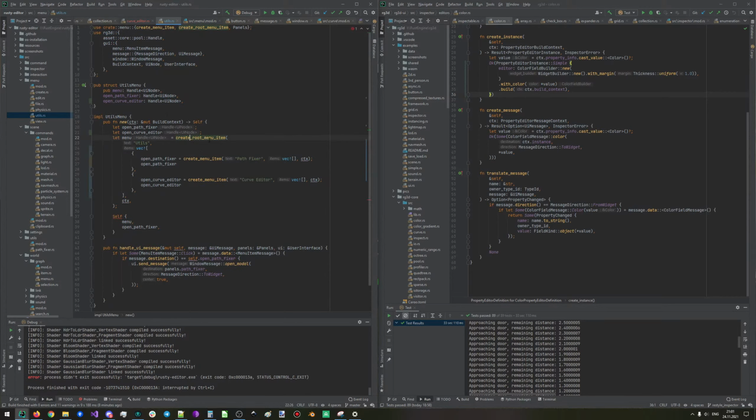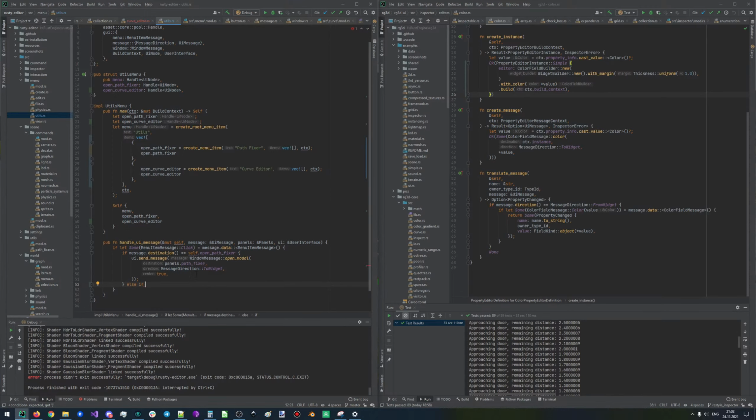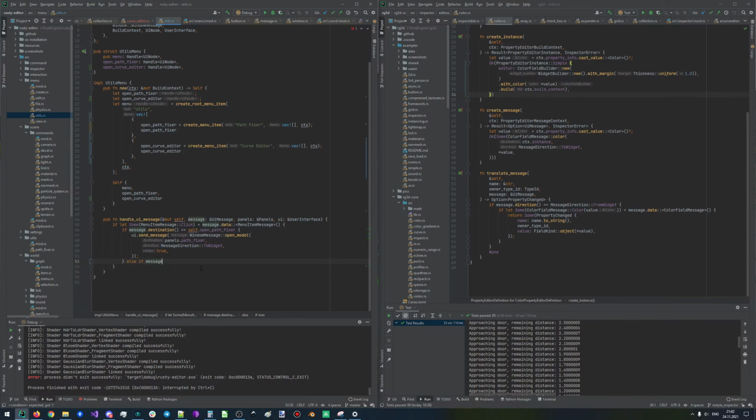And this creates a root menu item like this, and the create menu item creates these menu items. So we also want to save the handle to the curve editor, and in here we should handle the message, a menu item click, and in here